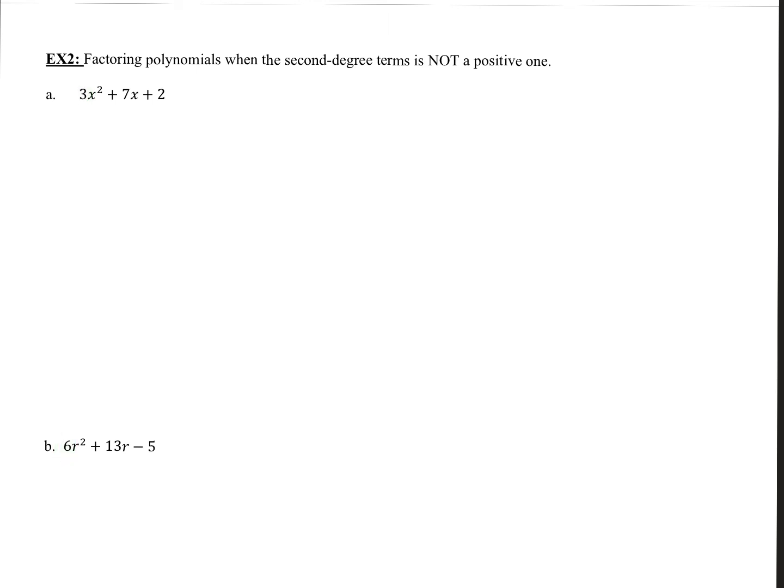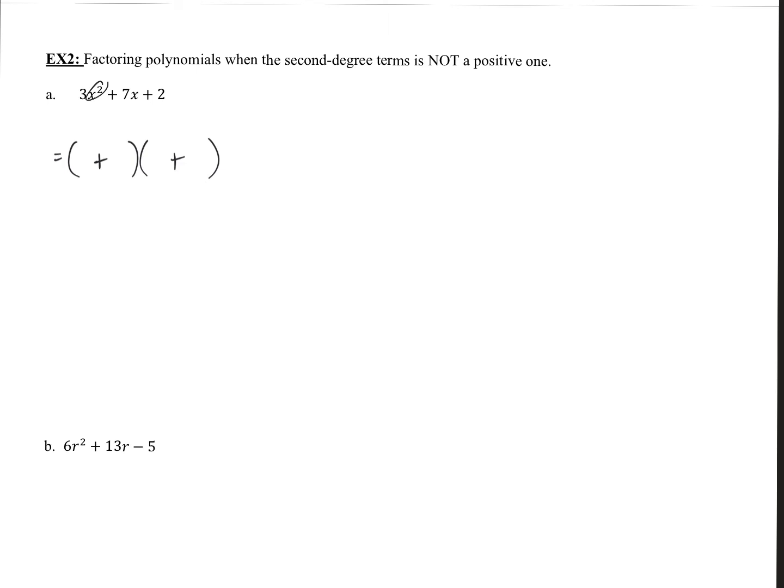Still a very similar plan, but we have to take into account that 3. So let's go ahead and set up our binomials for the factoring. Since we have a positive there, we know they're either going to both be positives or both be negatives. But since that 7 is positive, we know they should both be positives. So go ahead and do positives. Alright, so the way we do this, when we have a number by the x squared, you're going to take